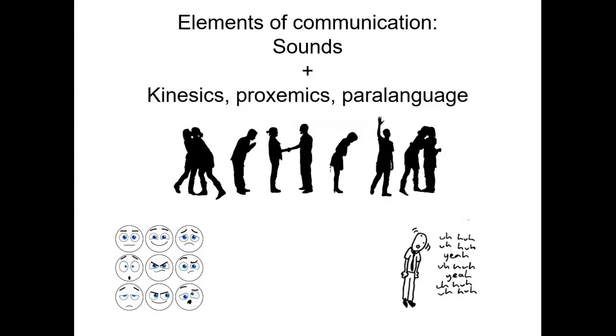And what we're talking about here are things like body language, right? How or whether you use your hands when you talk. Proxemics, how close you stand to people when you communicate with them. Paralanguage, all the little other sounds and indicators of what you're trying to say beyond just the words, okay? So the way you move your body, the way you express emotion on your face, how you physically interact with other people, all of these are elements of your communication in cultural context.